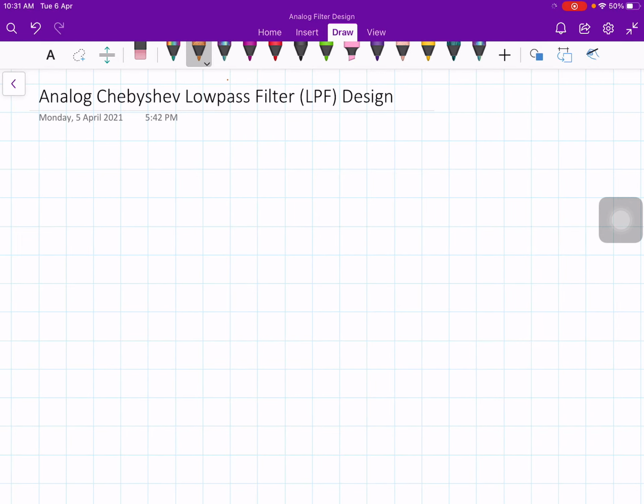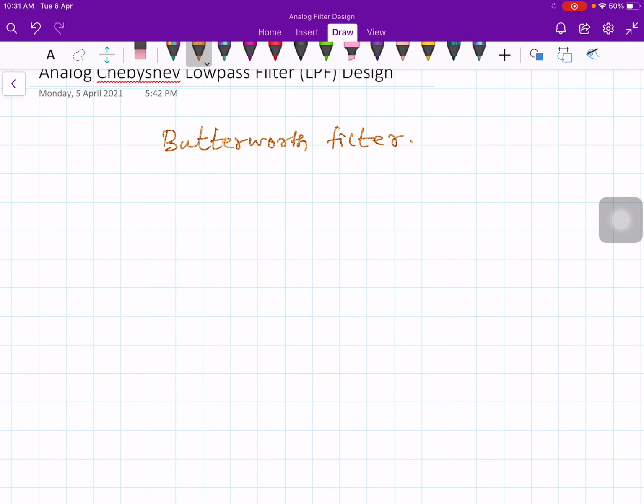So in this lecture our topic is analog Chebyshev low pass filter design. So in the last couple of lectures we talked about the Butterworth filter. We first talked about the motivation for analog filter design in a course on digital signal processing, and then we